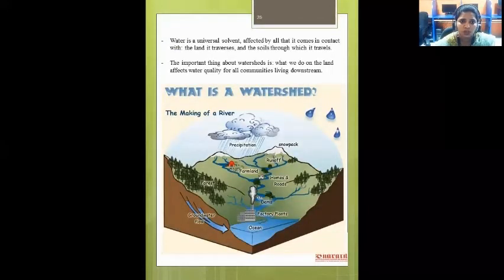Water is a universal solvent affected by all that it comes in contact with, the land it traverses and the soil through which it travels. The importance of a watershed is that what we do on the land affects water quality for all communities living downstream. So making of a river: precipitation, snowpack, runoff, farmland, homes and roads, dams, factory plants, this is the ocean, and the groundwater flow. It has all been collected over here.